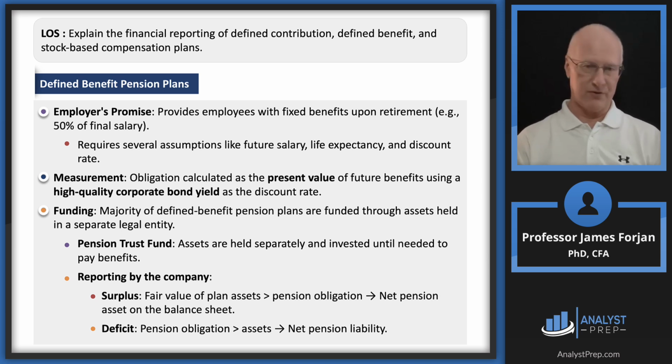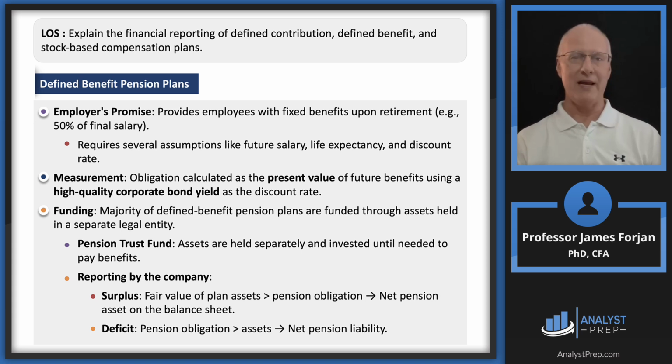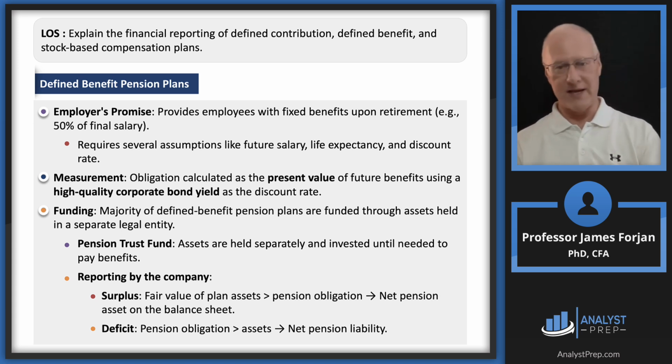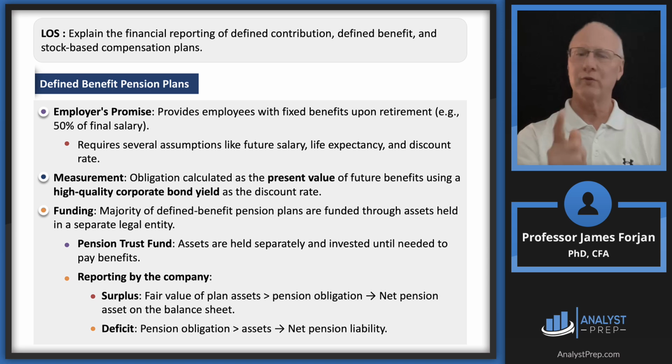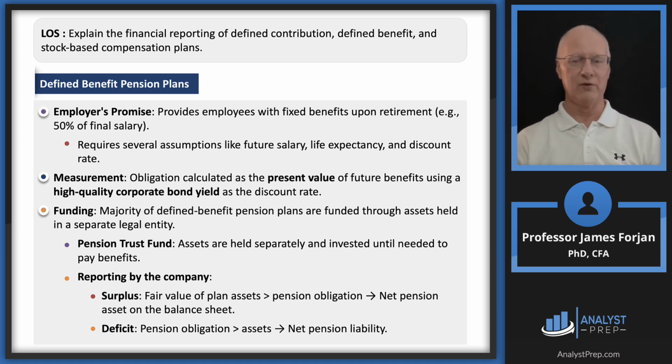Now, the most interesting question here is going to be, hey, here's a pension fund, and it has either a surplus or a deficit. My advice is that if you get a question in which there's a surplus, you should write the Institute a little note. There are no such things as surpluses in defined benefit pension plans. If you read the Wall Street Journal regularly, like I tell you to, you'll know that to be true. Nevertheless, the Institute could give you a plan that has a surplus or a deficit. Just remember, it's the difference between the assets and the liabilities.